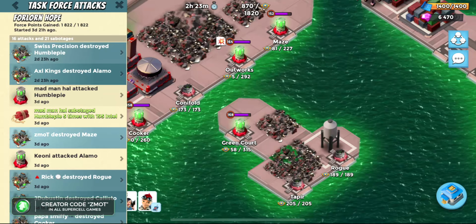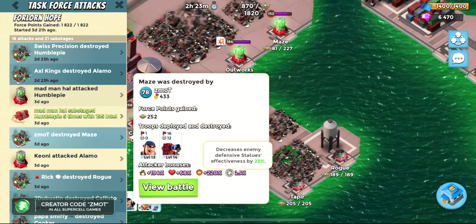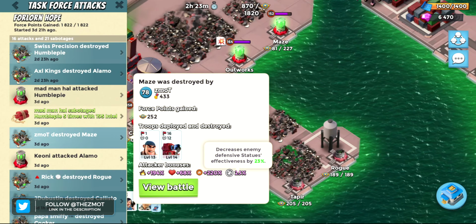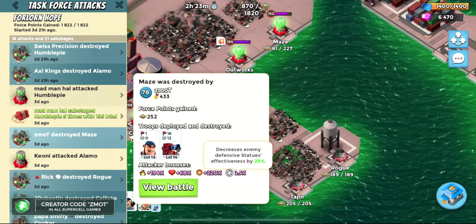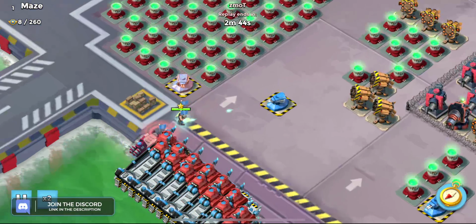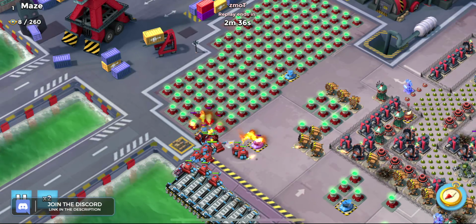Which engraving did I use here? We used the sabotage, and that brings the defensive statues down by 23%. So if the core had 2 million health, it would have brought it down to, let's say, 160, I think is what that comes out to, but I don't want to do math, so I'll let you guys do that. Anyways, coming in with bullet taunt just to get our troops landed,